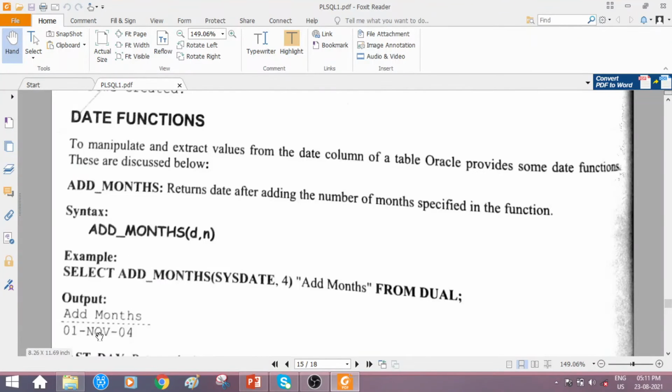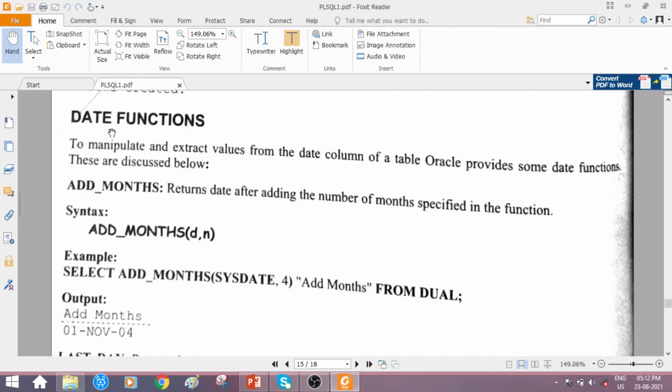We will be storing year, date, month, hour, minute information, and if you want to extract only month information, or only year information, extracting only a particular value in the date can be done with the help of some functions.